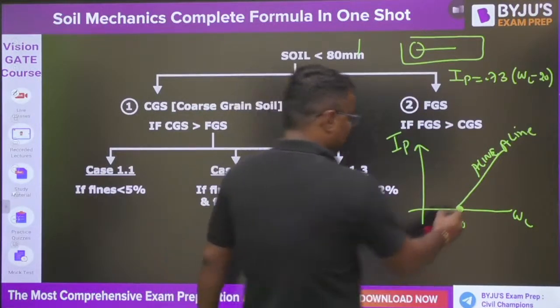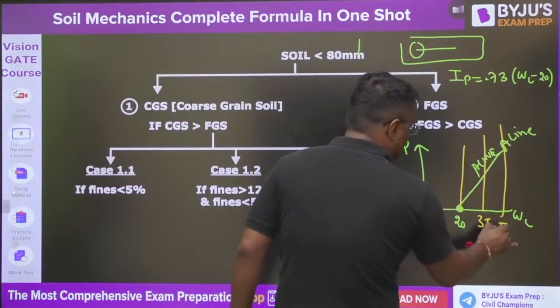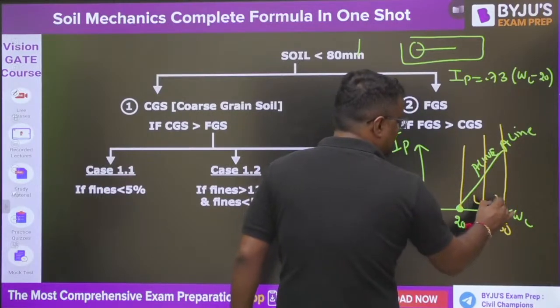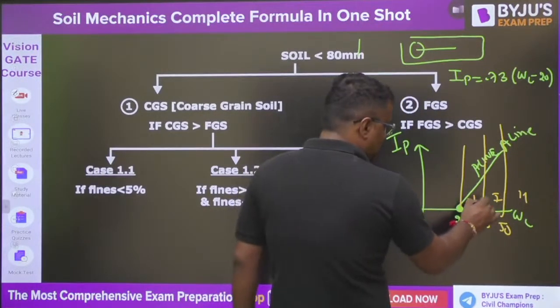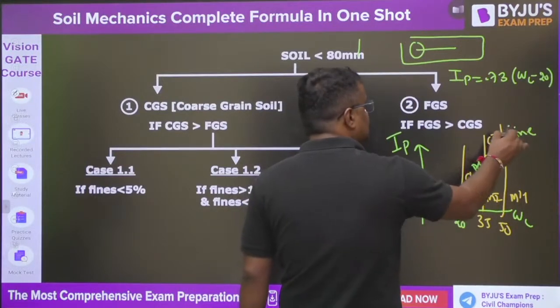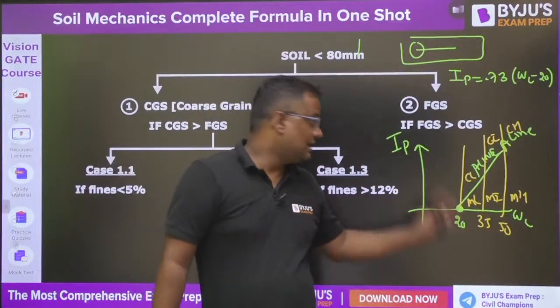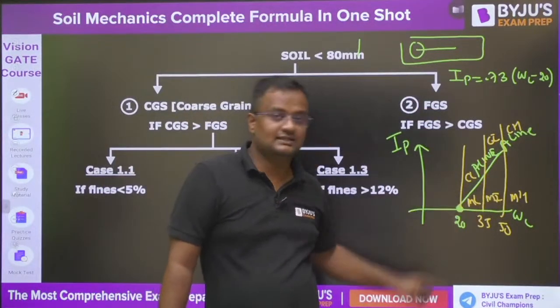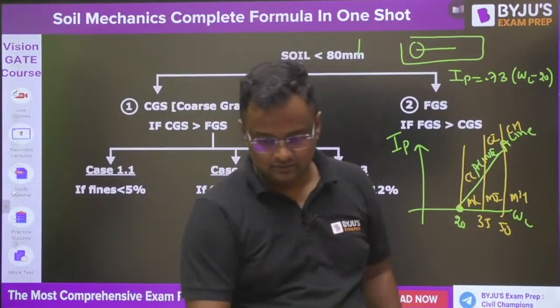Okay, next question. 20, 35, 50. Why is it low here, intermediate compressible here, and high compressible here? This is silt or organic, and above it is CL, CI, CH. Two questions. Why clay above and silt below? And why is it H there, I here, and L here? Can any one of you tell me?